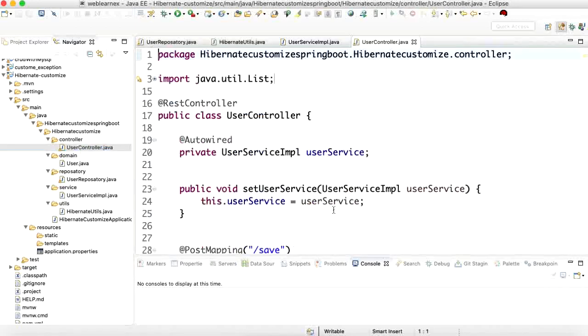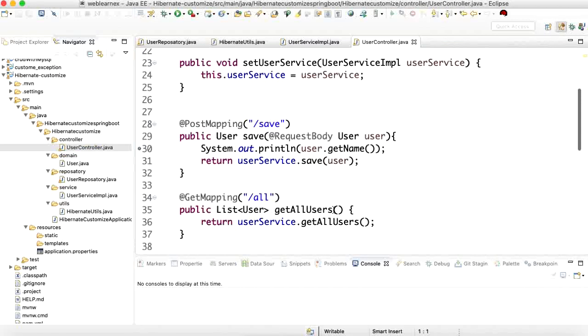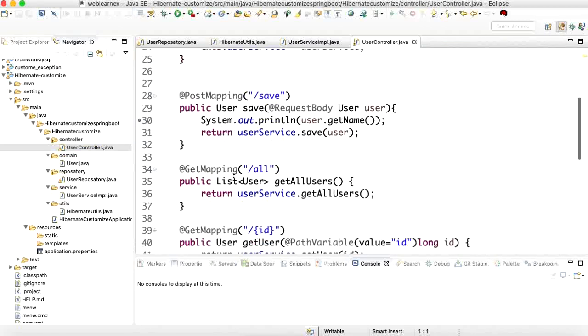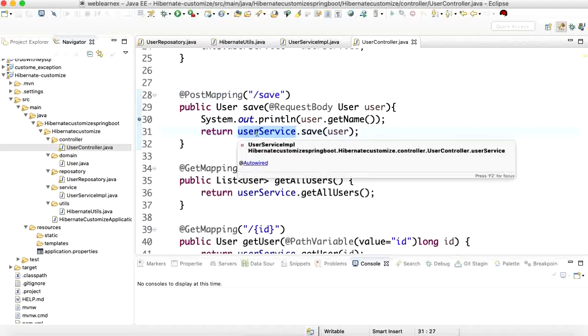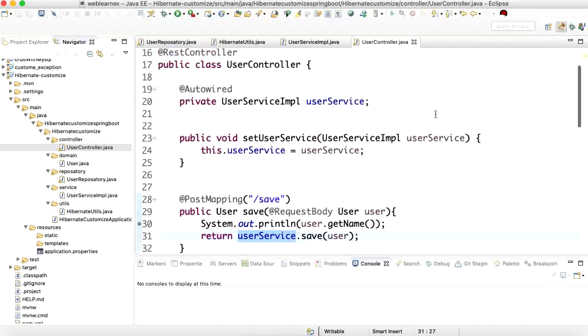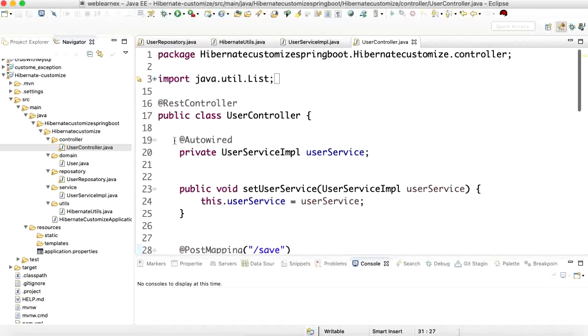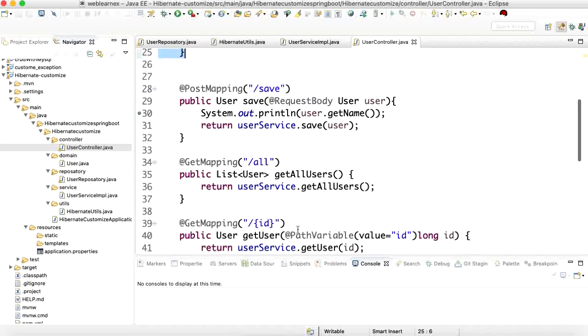In the controller I created the endpoints for testing all these APIs. I have created one post method with the save endpoint, and pass the request body to pass the user information, and save it with the user service. Here I auto-wired the user service, and created the auto-wire mapping with the setter method.